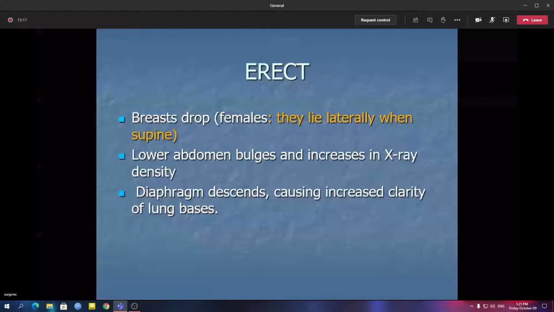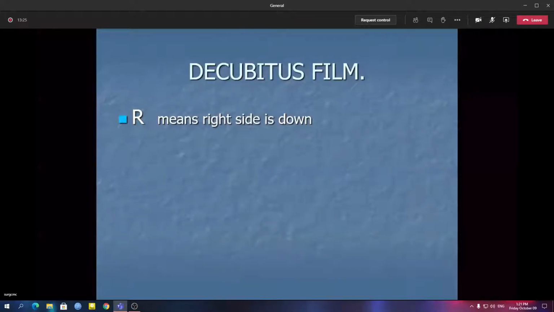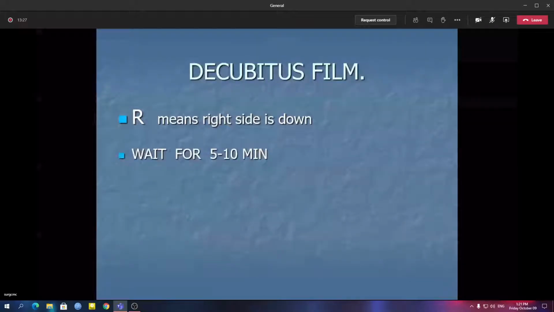On X-rays, you will see some markers, anywhere on any part or angle of the plate. Usually the R is right. So when you get a plate, if R is marked, always keep that side on the right for your interpretation.